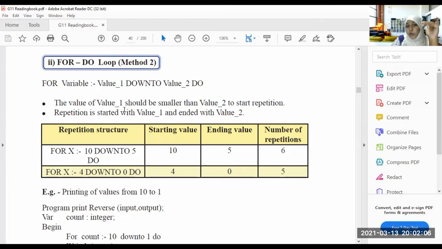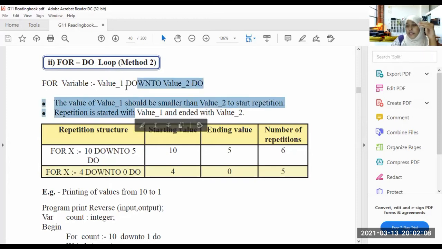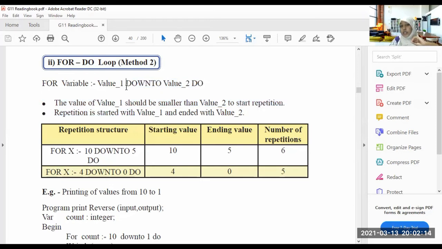Understood? There is a small mistake here. This happens upside down. So here you use down to. First, I told you in the first method we should go with the smaller number then go to the larger number, right? So the second value should be greater than the first value.